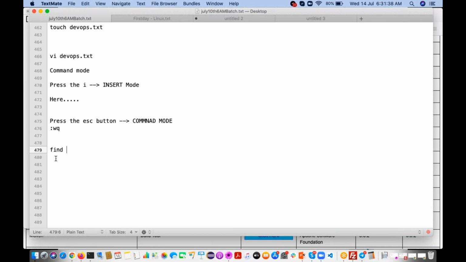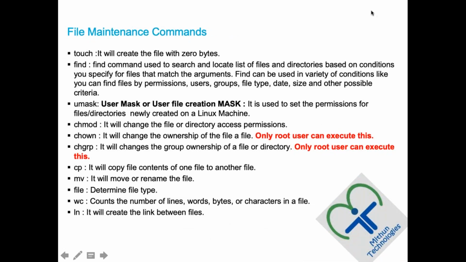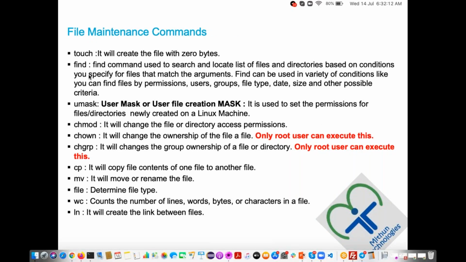We have various conditions, like size. I want to find all the files or directories with 1 GB size. I want to find the files or directories created by the Bhaskar user. I want to find files or directories created 10 days back. Like that, we have various conditions to search files using the find command.